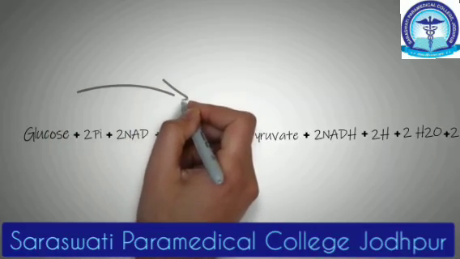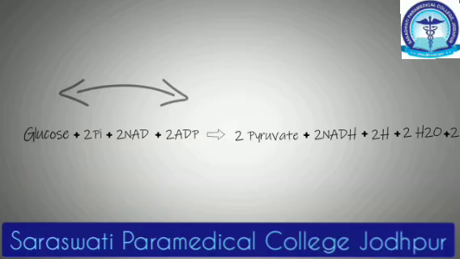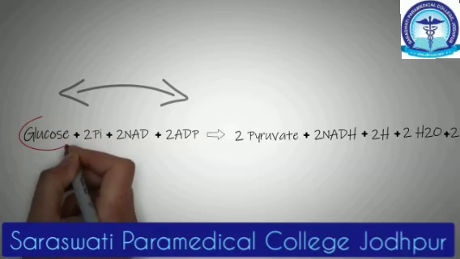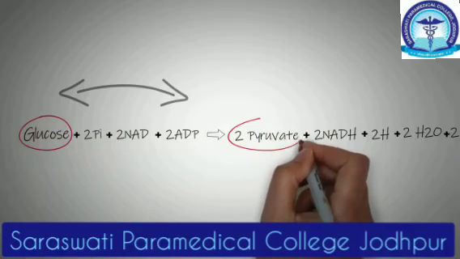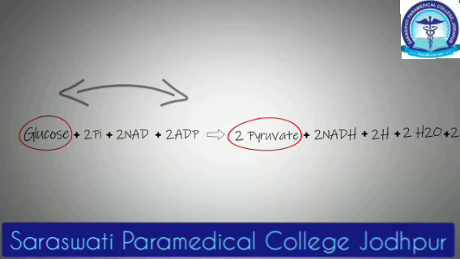On the left hand side of this reaction is the input. You can take these things like the raw materials that we are using in glycolysis. We begin with one molecule of glucose which gets split into 2 molecules of pyruvate. That is why the prefix 2 is attached to all other substrates used in this reaction.